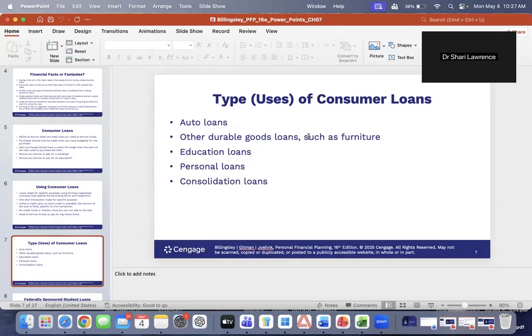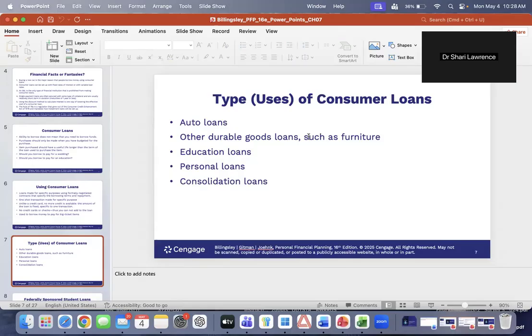And a lot of times the dealerships will have advertising campaigns or deals where they'll give you a really low interest rate. If you buy a used car, the interest rate tends to be slightly higher. But anyway, the main takeaway here is to know that consumer loans do not include mortgages, and the most common type of consumer loan is an auto loan.